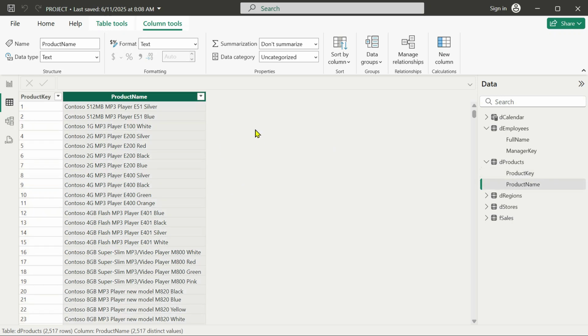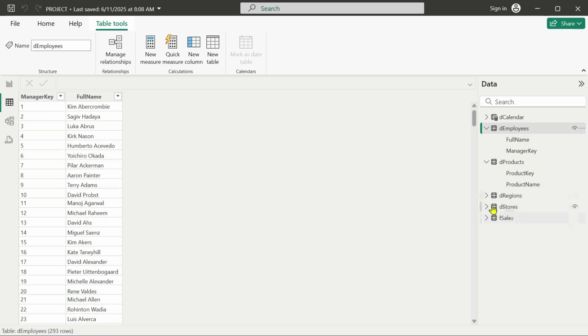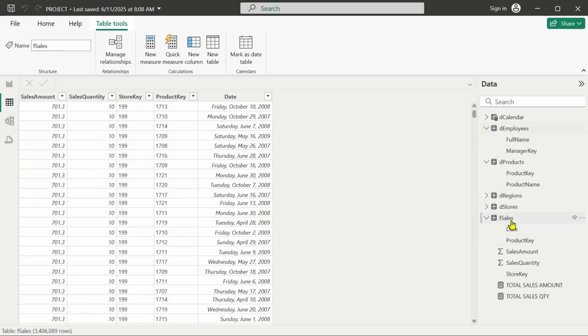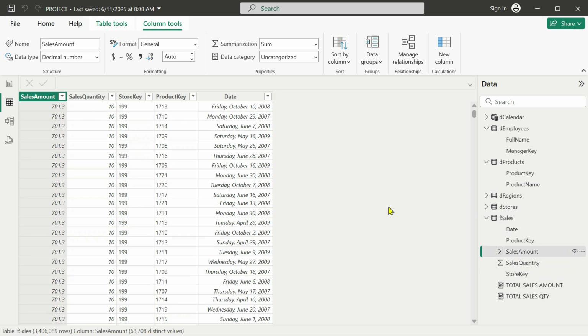And here you can also create calculated columns or calculated tables. For example, let me pick F sales. This is my sales table. You see this column right here, sales amount. It corresponds to this column right here.